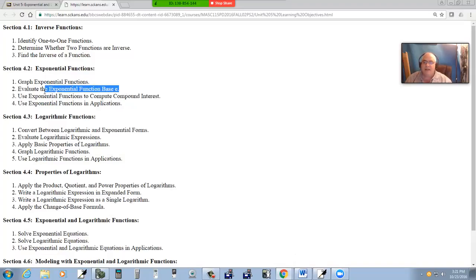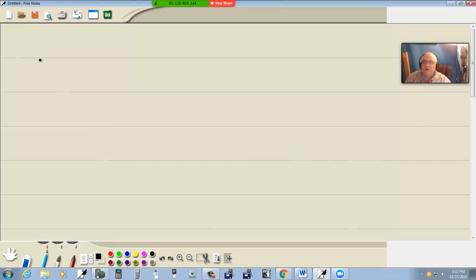Now evaluating an exponential function base e, if I had, for example, e to the 5th, I think that's what they're asking for there. To evaluate that, e is just a number. It's 2.7, a bunch of decimal places, kind of like pi. So we're going to take e to the